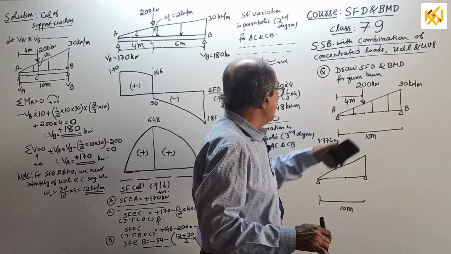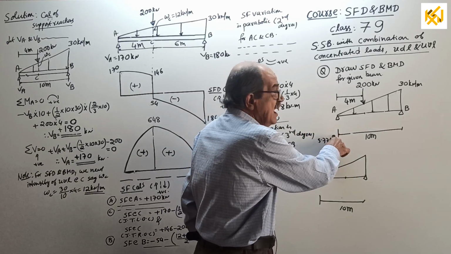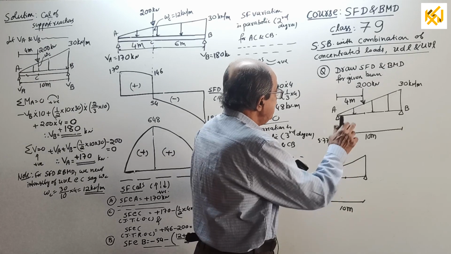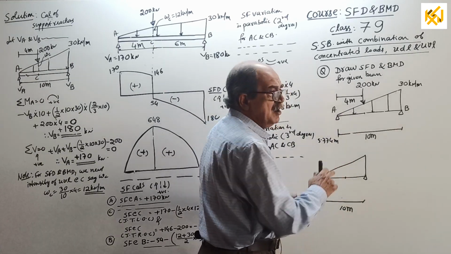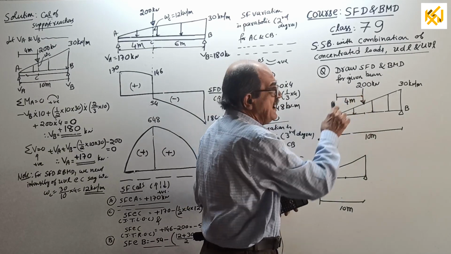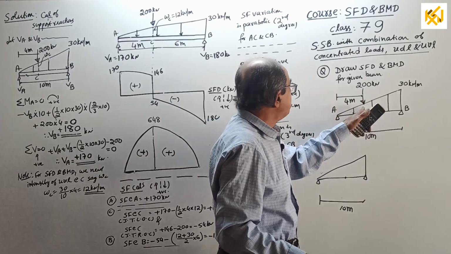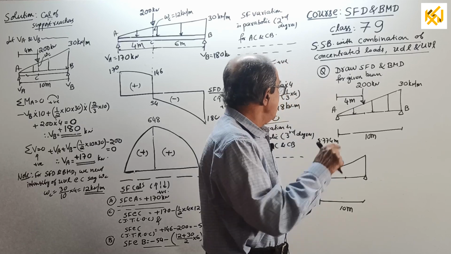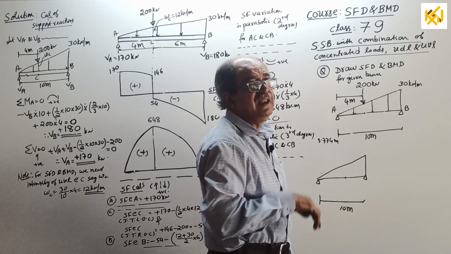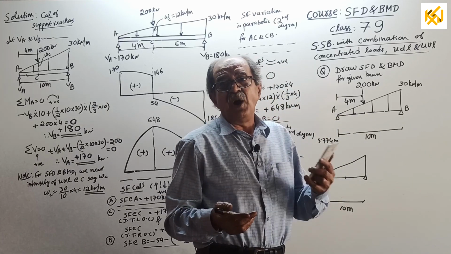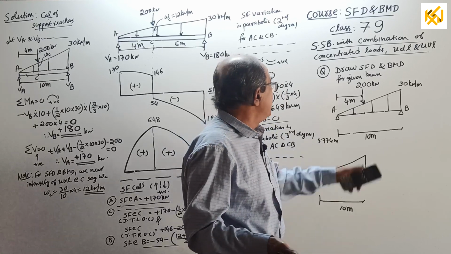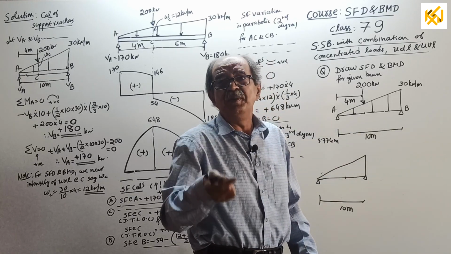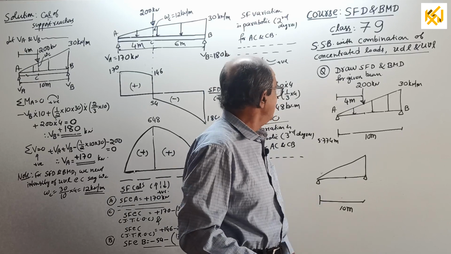Now, this class, I am placing a point load here, a heavy point load. If it is only UVL, maximum BM will be here. If it is only this point load, maximum BM will be under the point load. Because of the combined effect, where is the maximum BM now? It can be somewhere in between, or if the point load is very severe, it can be under the load. Yes, this time it will be under the load. I set the question that way.